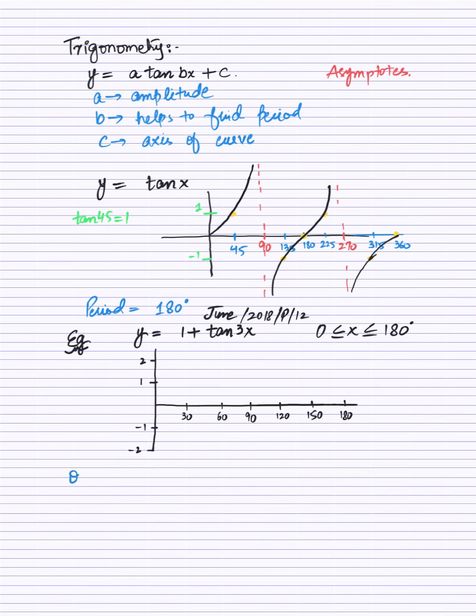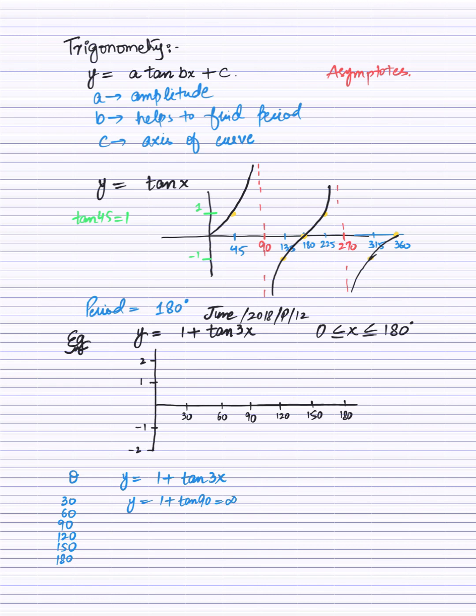मेरे पास एक कॉलम है थीटा, और मेरी इक्वेशन क्या है, मेरी इक्वेशन है y = 1 + tan 3x। अब आपके पास थीटा की जो वैल्यूज़ गिवन है वो हैं 30, उसके बाद आ रही है 60, उसके बाद 90, 120, 150 एंड देन 180। मैं हर जगह ये थीटा डालूंगा, y = 1 +, अब tan 3 टाइम्स 30 क्या हो जाएगा 90, तो ये हो जाएगा 1 + tan 90 विच इज़ अनडिफाइंड, तो इसका तो आंसर आ गया इन्फिनिटी।